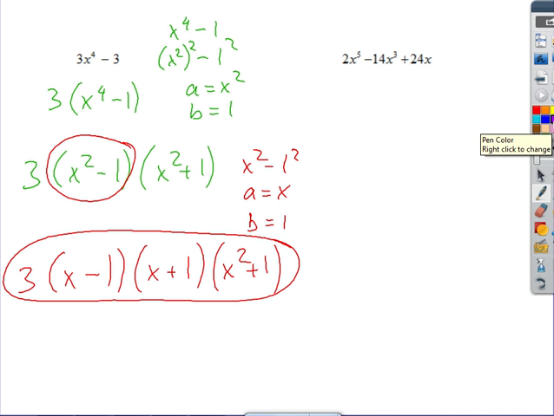2x to the fifth power minus 14x cubed plus 24x. And again, the first thing we do is we find a greatest common factor, which is 2x. This leaves us with x to the fourth power minus 7x squared plus 12. Now we're thinking, we have really high exponents again. But looking at the previous example where we just decided that we can take x to the fourth power and turn it into an x squared, which is again squared,